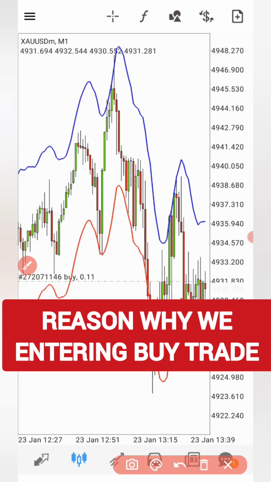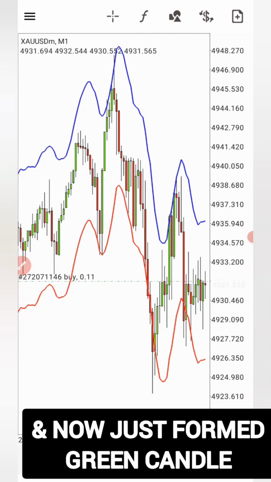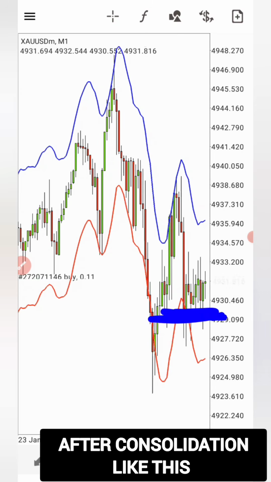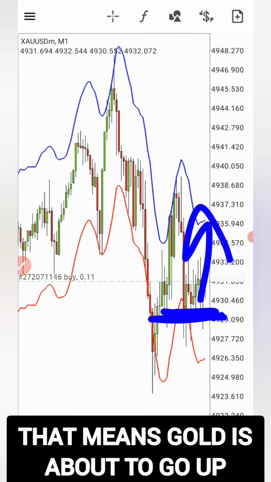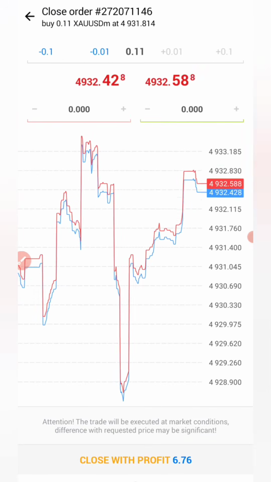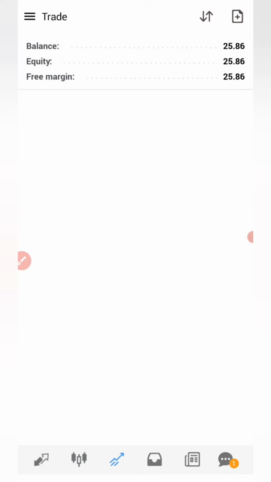The reason we are entering this buy trade is very simple, right? Gold is forming consolidation right here, and has now just formed a green candle. When you have a green candle after a consolidation like this, that means gold is about to go up. But here we're not going to hold this trade for very long. We just want $12. That will be okay. Right here we just made an extra $25, which means our account is now